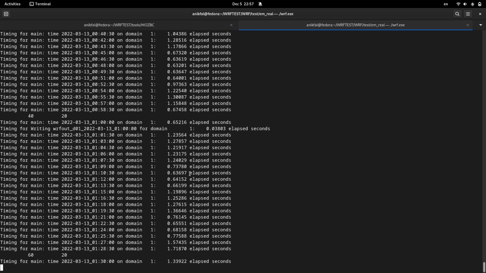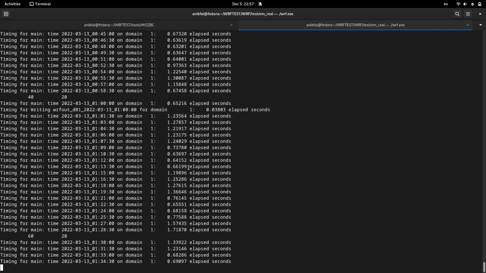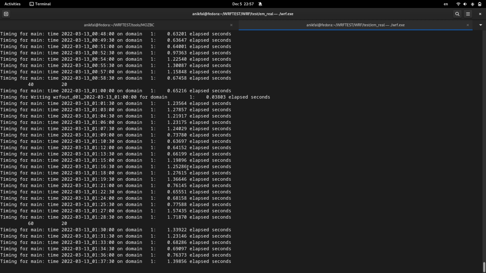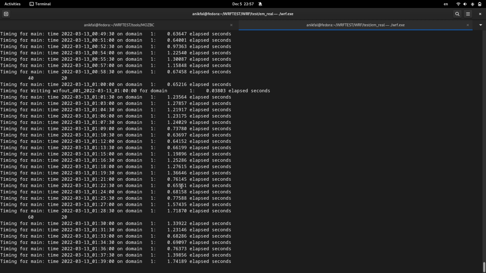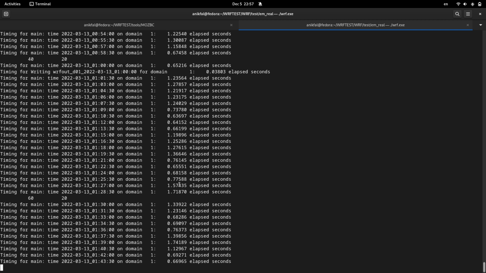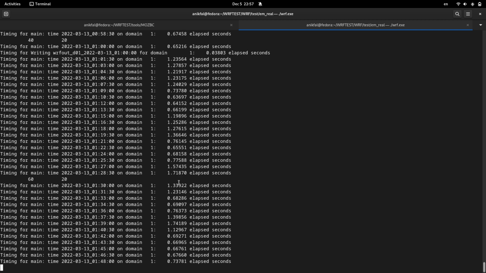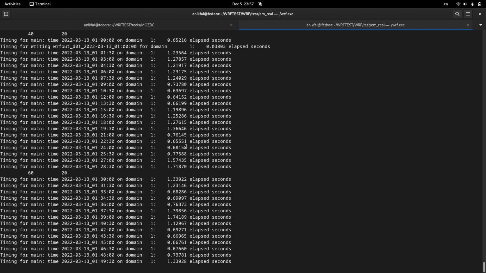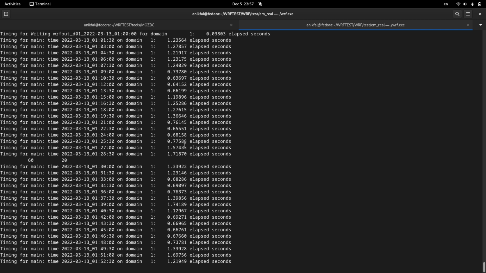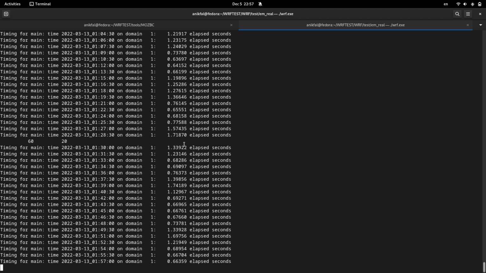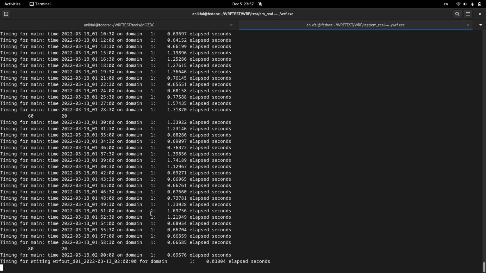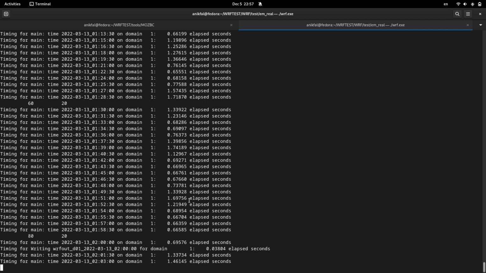This is actually a very small domain and it's pretty fast, but for larger domains it will be significantly longer. I'm just waiting for the next saving. 50. Okay, it has been saved. I just stop it and